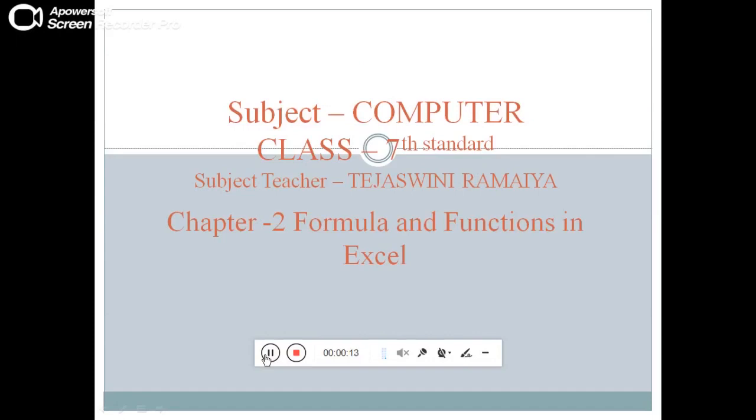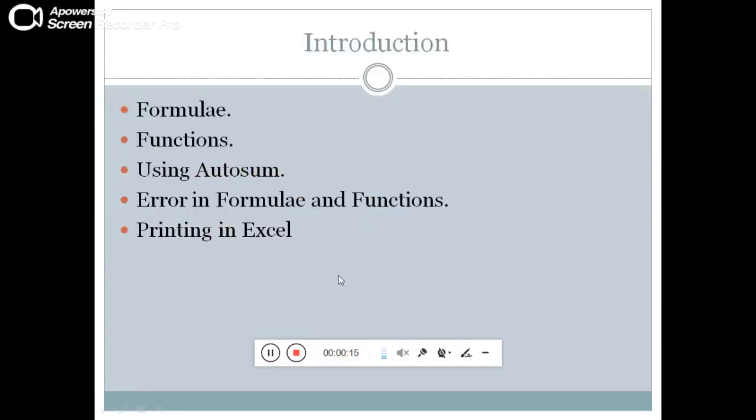In this chapter, up till now we have seen the introductory part, that is what things we are going to learn in this chapter and what we are going to learn more in Excel. We have seen the first point from the introductory part, that is formula. We have seen formula in detail: how to enter a formula, how to copy a formula, and how to use cell referencing in an Excel sheet. That one is formula.